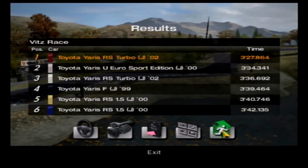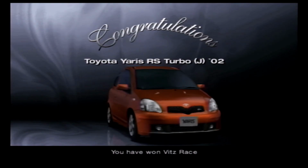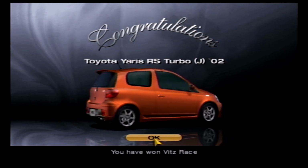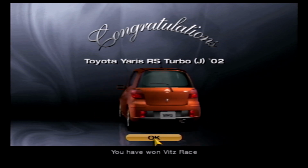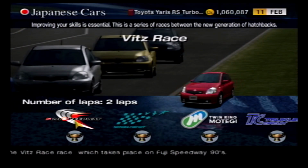As in the last 2 races, everyone managed to finish, surprisingly. And the prize we get is... what do you know? Another RS Turbo. I'm also pretty sure this thing is orange, if I remember. Definitely looks like a special colour variant from what I can see. But anyway,